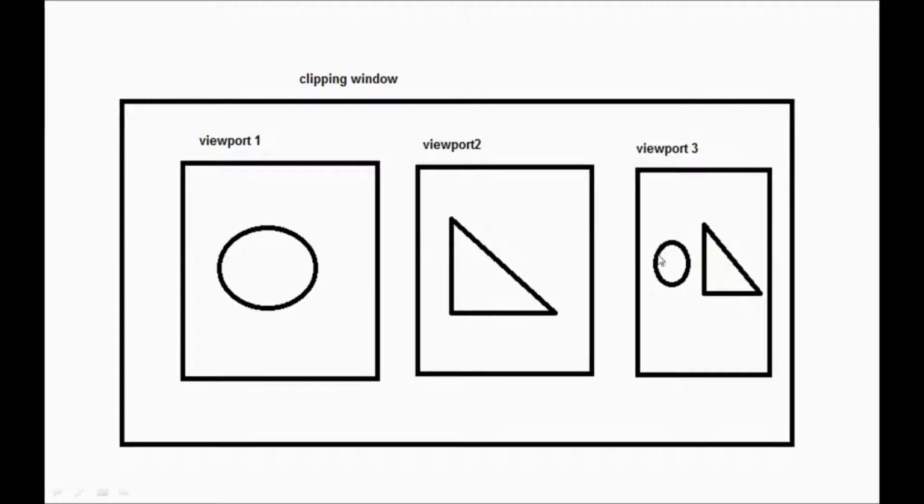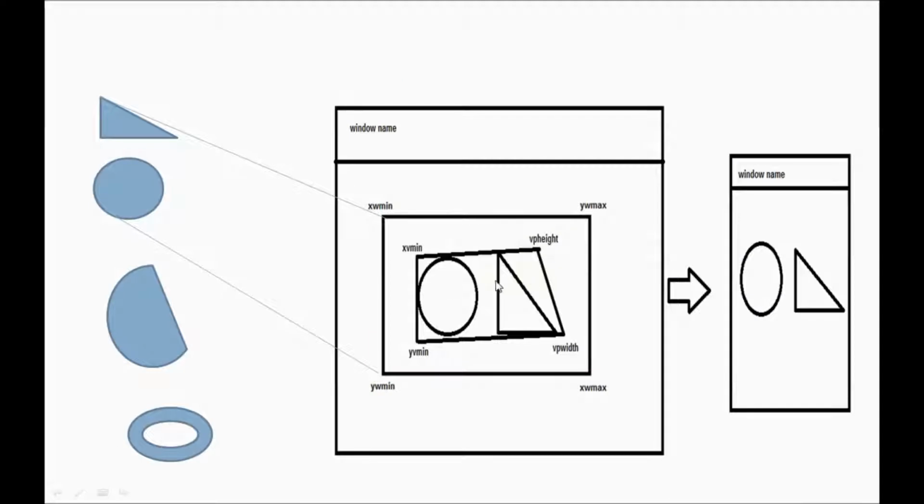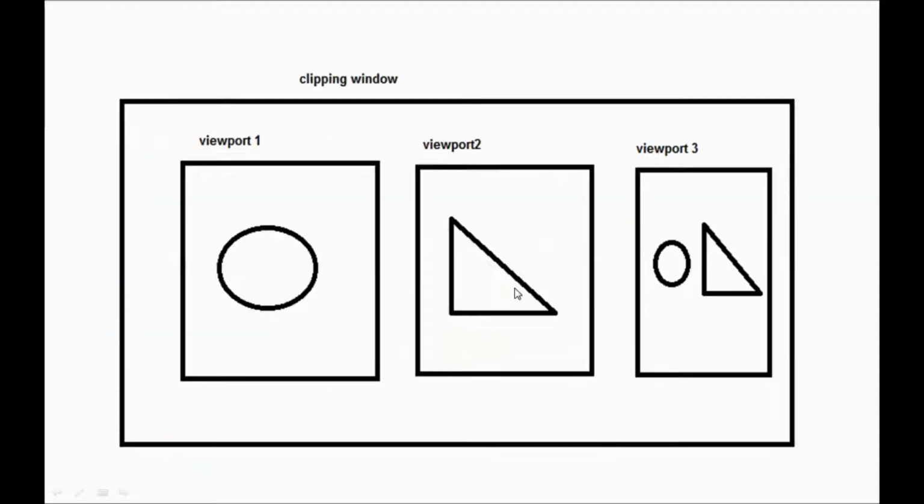What I am trying to say is, whatever content needs to be displayed should be within the clipping window, but you can display that object in different places. You can select multiple viewports to display each object, right? You can see here, my object is at the center, the viewport is at the center. You can position your viewport at the left side, right side, at whatever position you want. Here also, I can use a separate viewport for displaying separate objects. To show the different faces of the objects, you can use different viewports.